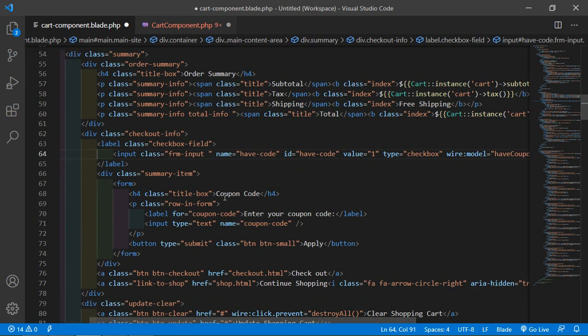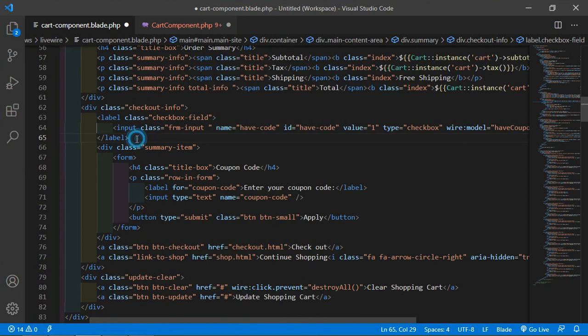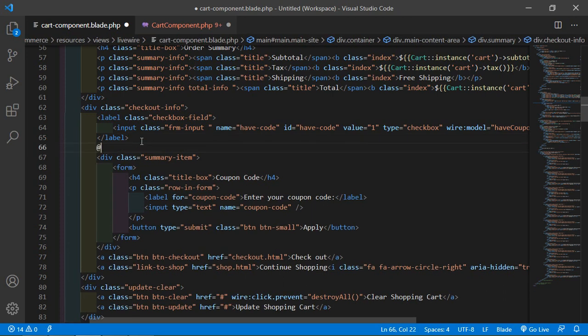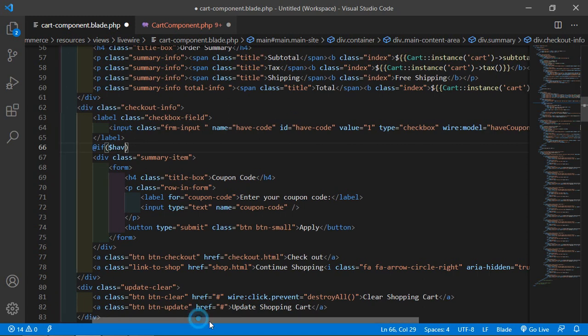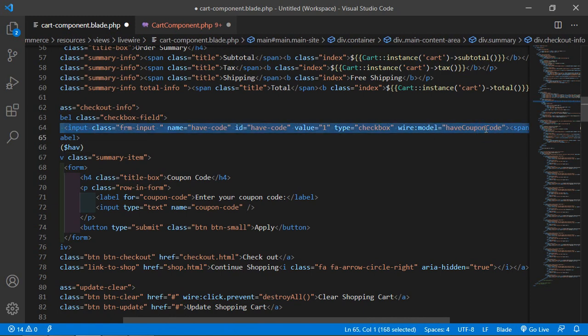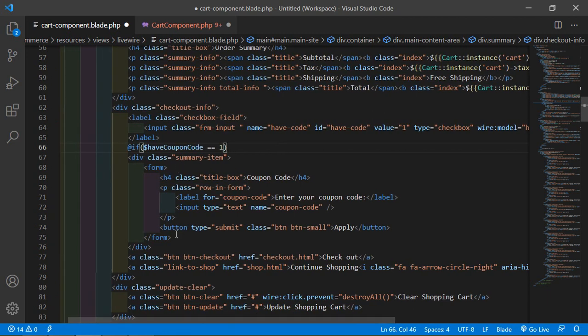Now before this summary-item div, add an if directive: if $haveCouponCode is equal to 1, then execute these codes.